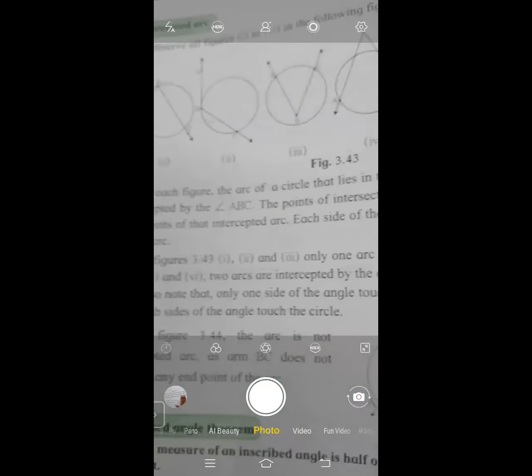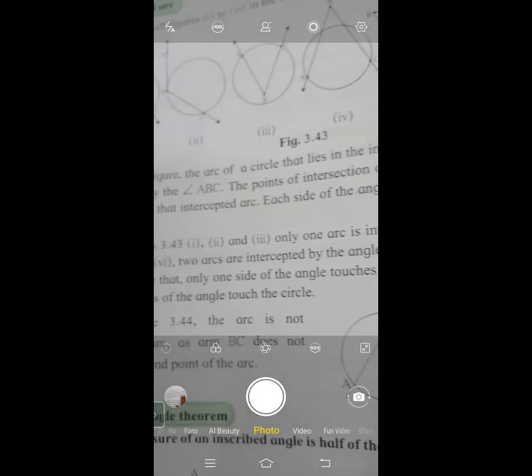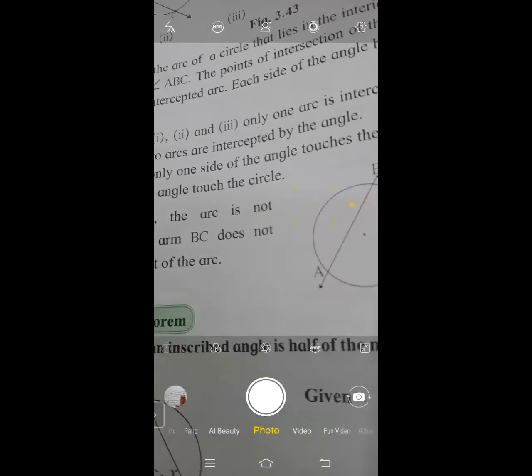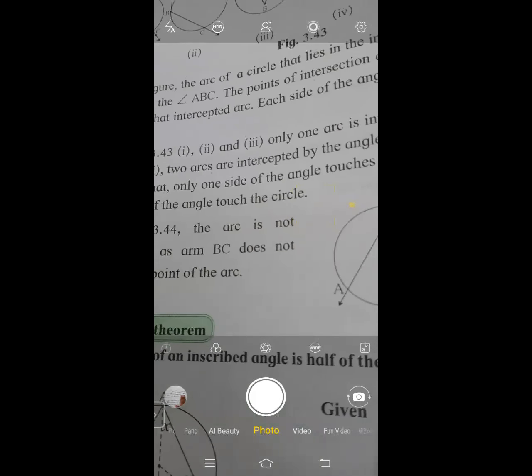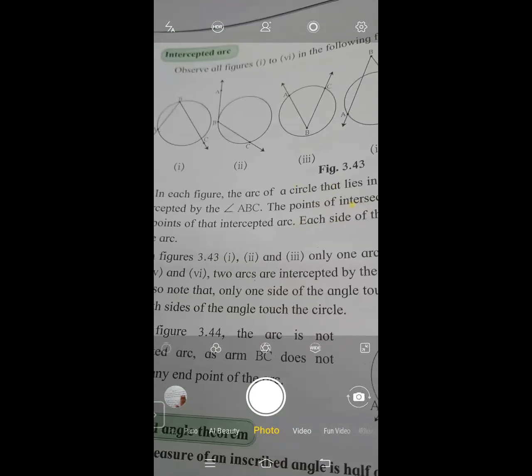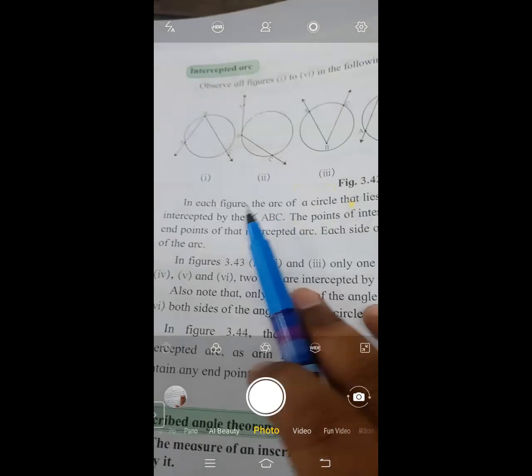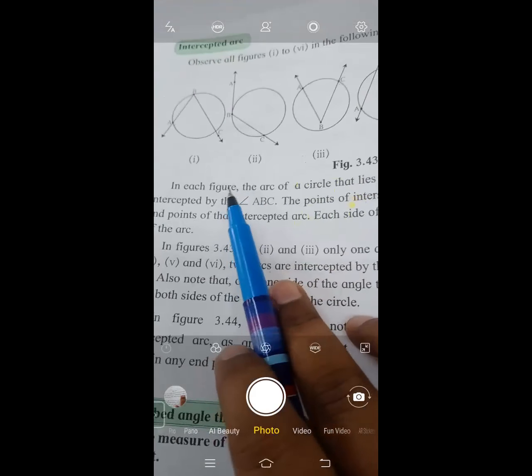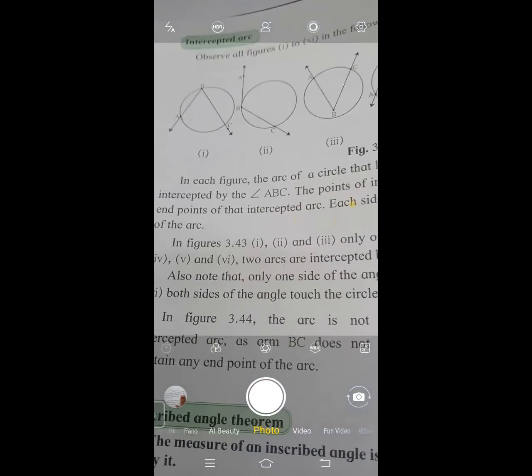Okay, we have studied two things, that is inscribed and intercepted. So go through these things, see these diagrams again and again. Just going through it only once will not do. So revise it until all your confusions are clear. Okay, so revision is important. Just go through the figures again and again to see what is the concept of intercepted arc and inscribed angle.